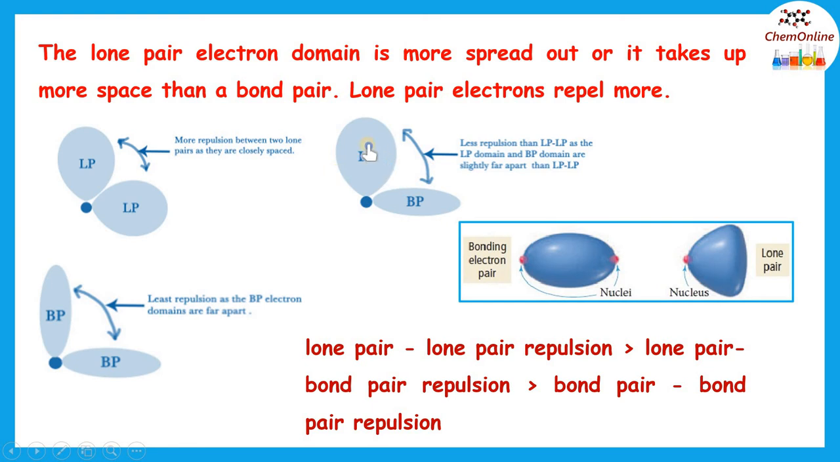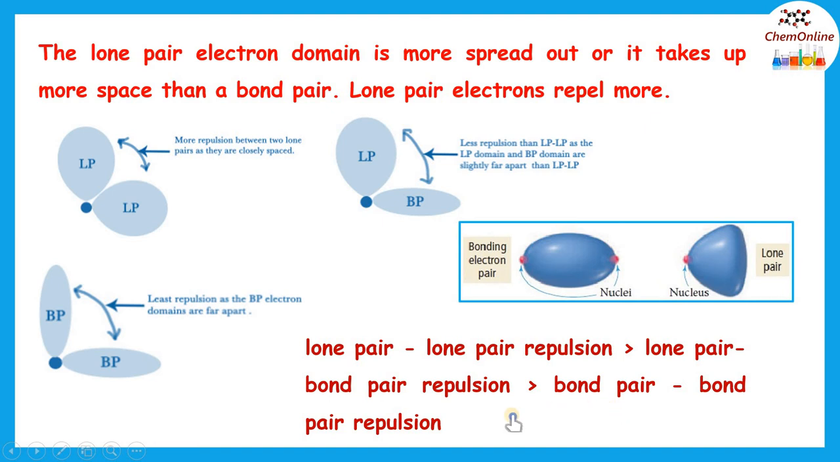And if it is between a lone pair and a bond pair, then they are slightly far apart and they experience less repulsion when compared to 2 lone pairs. And the repulsion between the 2 bond pairs will be minimum because bond pair electron domains are considerably far apart. So there will be minimum repulsion between 2 bond pairs. So we can say the order of repulsion as lone pair-lone pair repulsion greater than lone pair-bond pair repulsion greater